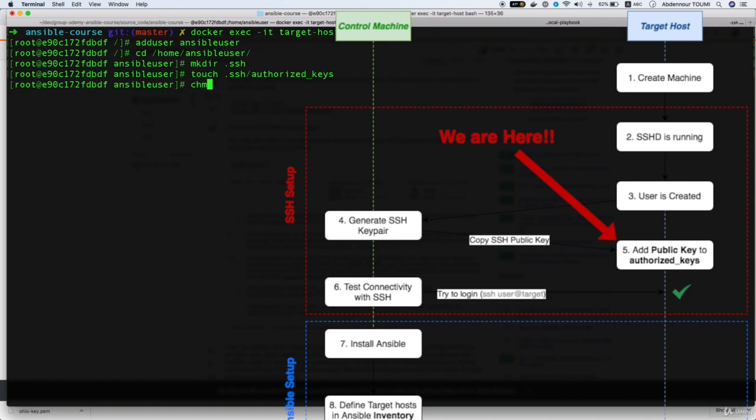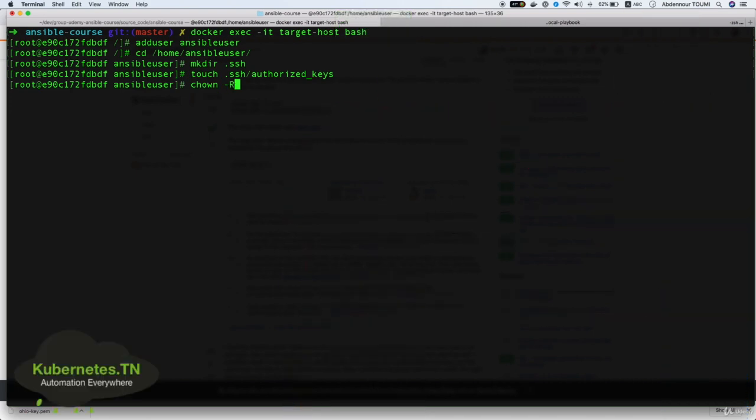For the directory we need to make sure that the owner is the new user, so it is ansible user, and the directory will be .ssh, and also the directory .ssh has this permission 700, alright,